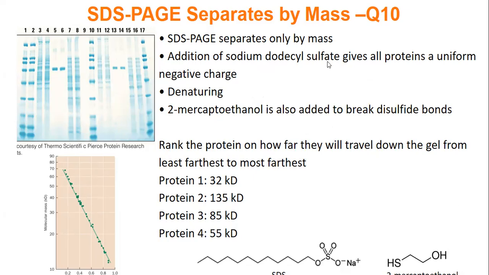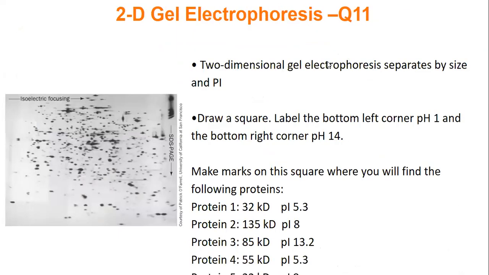The last technique we're going to talk about, that's going to be on test one, is called 2D gel electrophoresis. So let's talk about what 2D gel electrophoresis is. In 2D gel electrophoresis, we are separating proteins by two different aspects. One, we're separating by size. Two, we're separating by their pI. And the idea here is that on this gel,